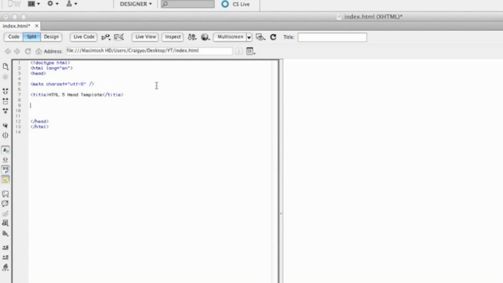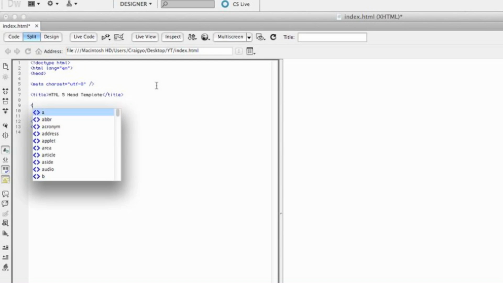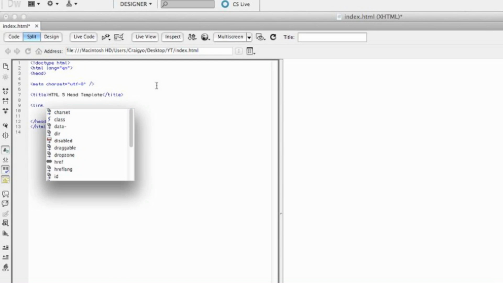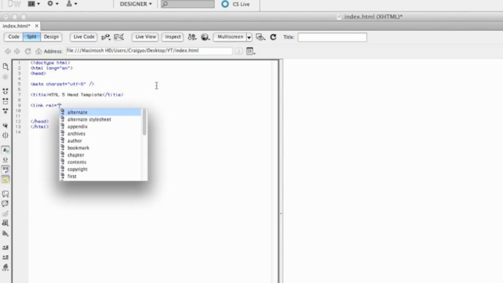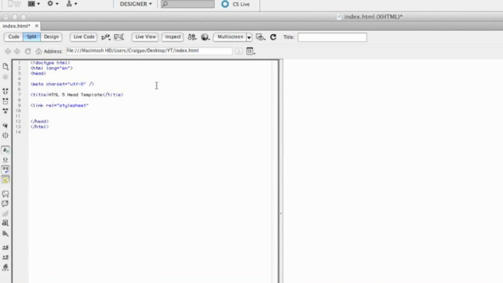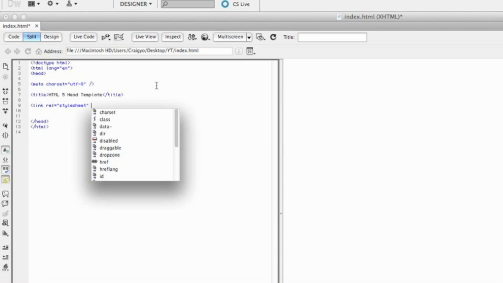Now finally, in the head section, I'm going to include a link to a style sheet, because you can put all your styles in the head section, but to keep it nice and clean, I normally do all the styles in a separate file, so I'll put a link to that, and I would recommend you do that because it's a lot cleaner. So first off, we need to tell it's a link, and then we need to put rel, because it needs to know the relationship between the current file and then what will be the linked file. And in this, it's a style sheet, so we're going to put stylesheet here, and then to let it know what